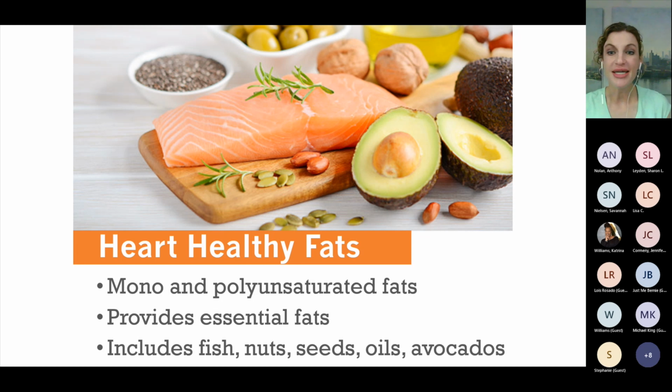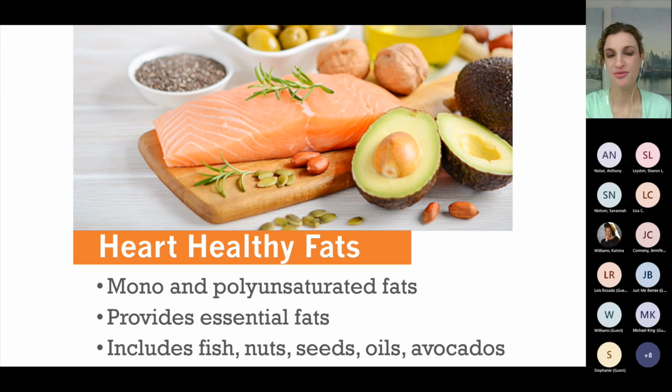So if you are eating fish, the American Heart Association encourages us to have 2 servings per week. Having those servings along with other sources like walnuts, avocados, other nuts and seeds, that's going to help contribute to those heart healthy fats, but then also help with your mood overall too. Again, it's amazing how many of these items overlap. And these omega-3s, they are essential. And so our body doesn't make them, so we need to get them from our diet.